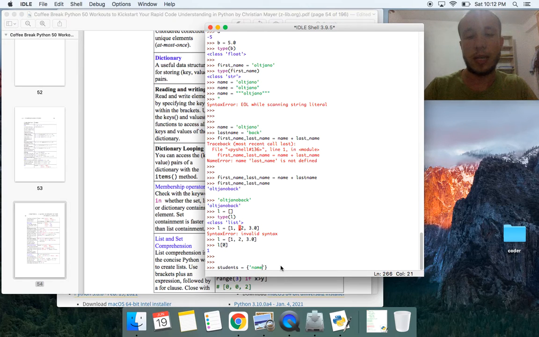You can say name, for example, let's make a single student. Name is equal to Oltiano, last name is equal to Beck, age, I'm going to make my age an integer, 13 for example, and my profession, coder, okay,